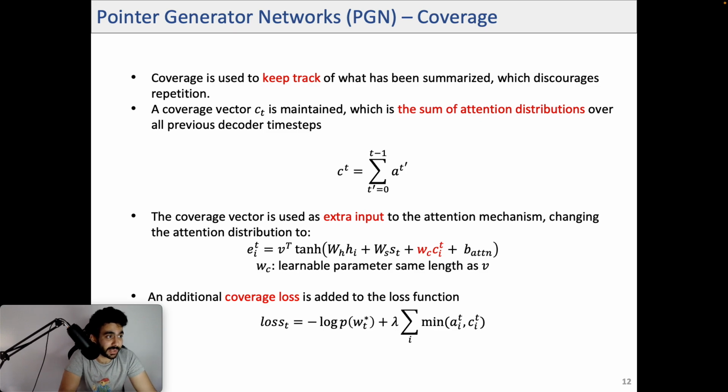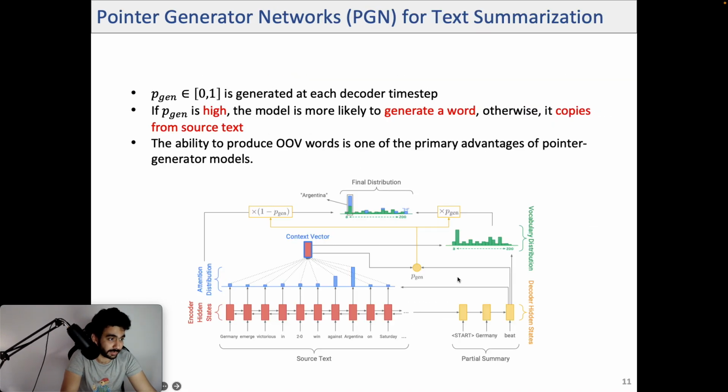This coverage vector, c_t, is maintained as the sum of the attention distributions over all previous decoder time steps. This coverage vector is used as an extra input to the attention mechanism, changing our attention mechanism from that